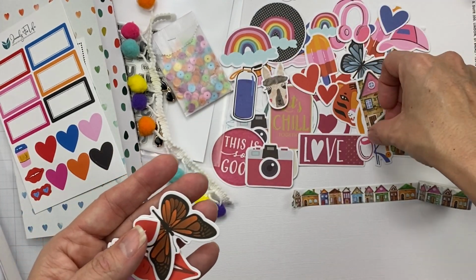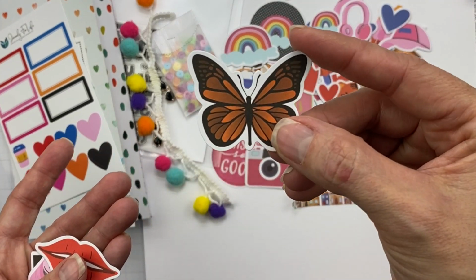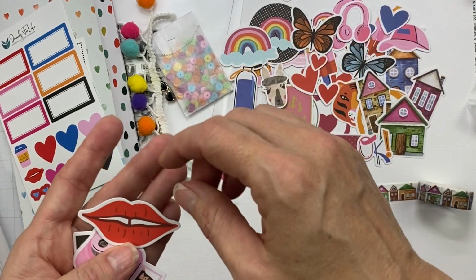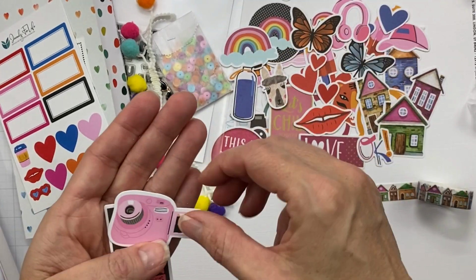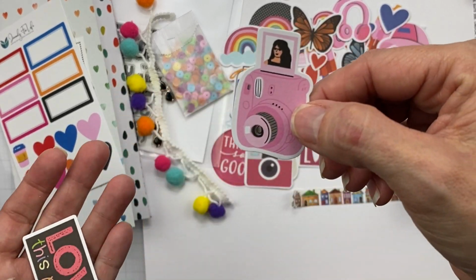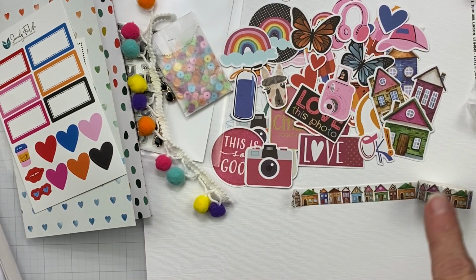Okay. Little red heart. Butterfly in a really deep pumpkin orange. Some lips. An Instax camera. And love this photo. So those are my goodies. My whole March Everyday Traveler's Notebook kit